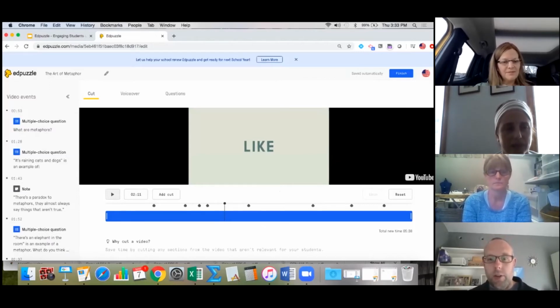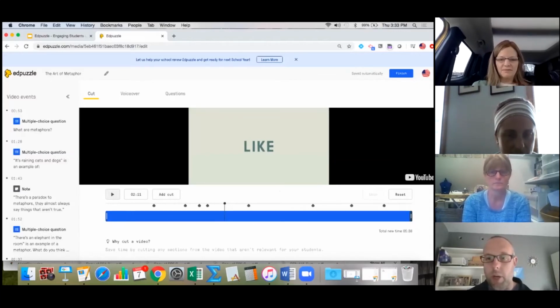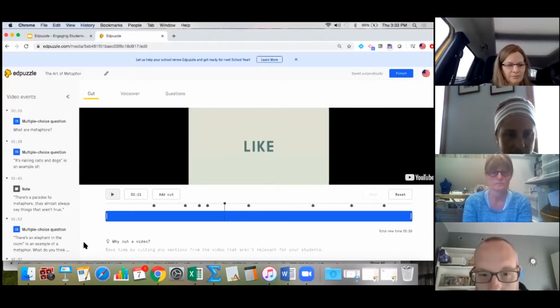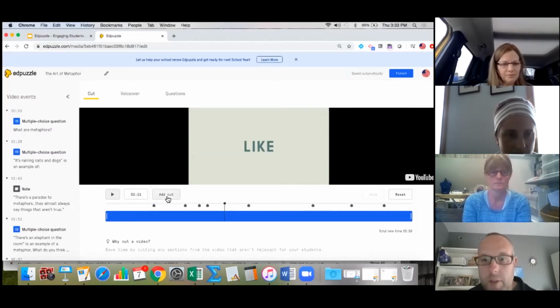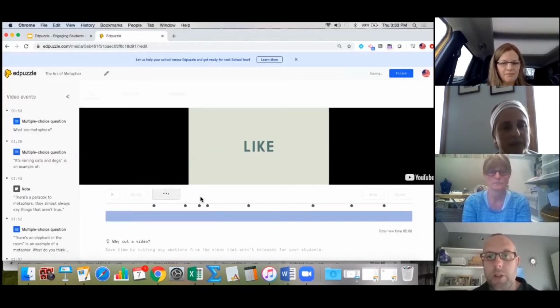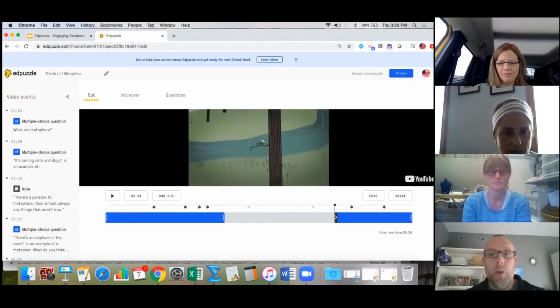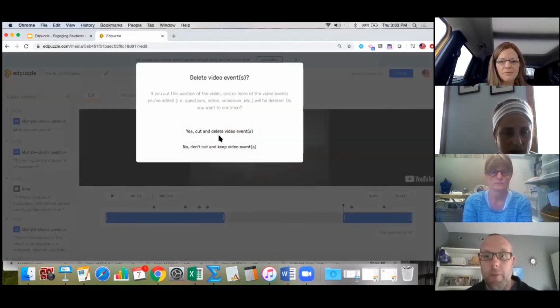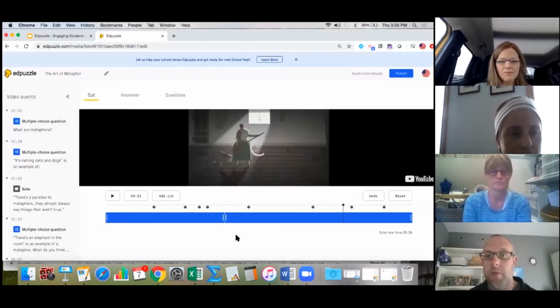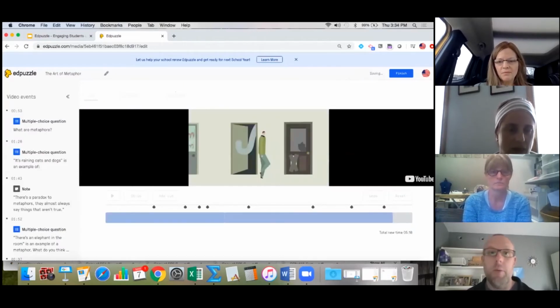If you just see that little bar down there, the drag bar, she can pull it from the left, she can pull it from the right, and then I believe there's a tool that you should be able to see somewhere on there that allows you to add a cut. So you could cut somewhere from the middle, and that allows you to work the video down for your own purposes. You might only want one small section of a video.